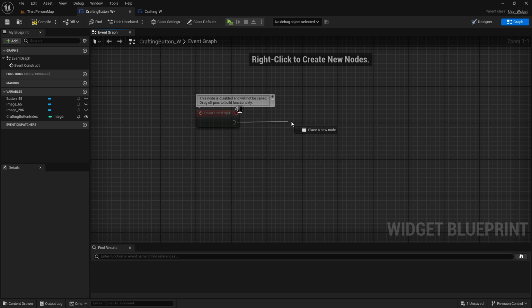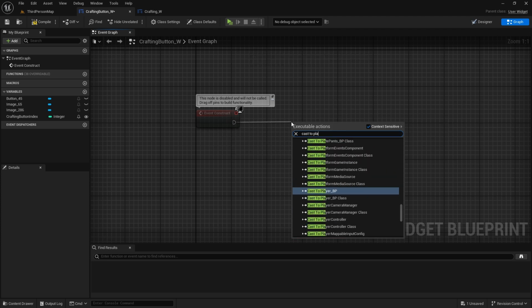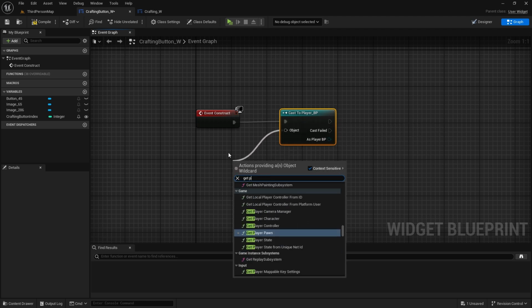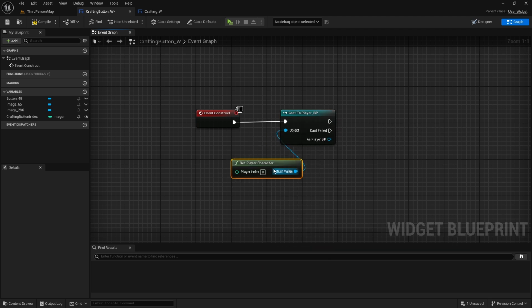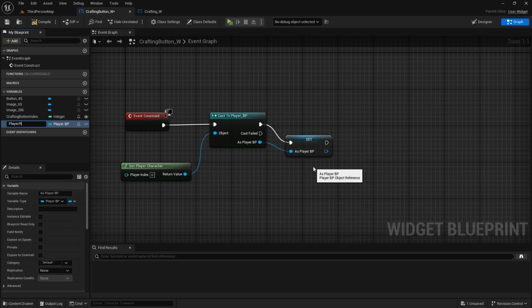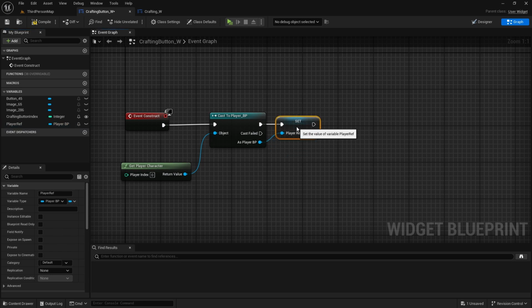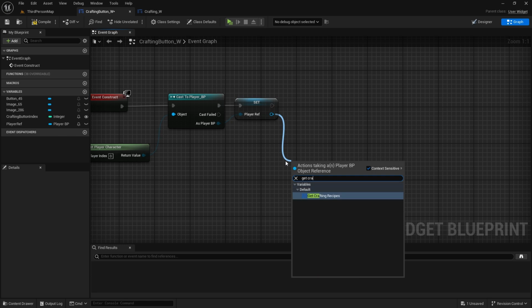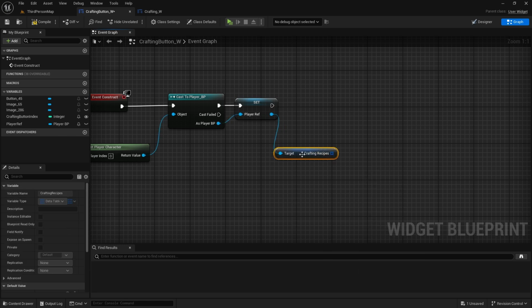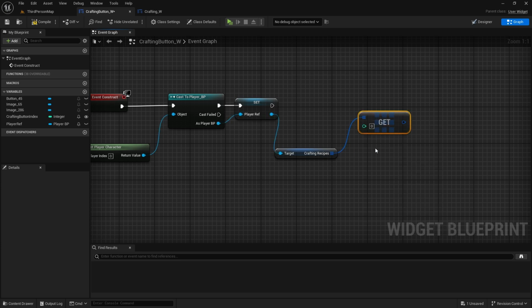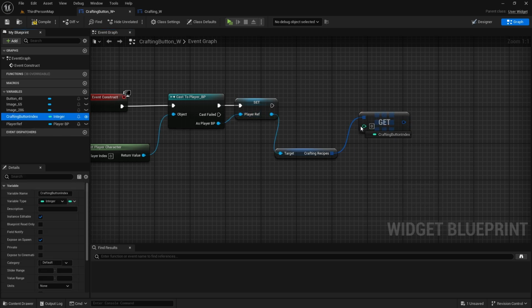We need to get a player reference, so we'll cast to player blueprint. We'll get player character, and as player character we will promote it to a variable called player reference, player ref. And now all we need to do is just get our crafting recipes. We will get a copy on this index of this button,